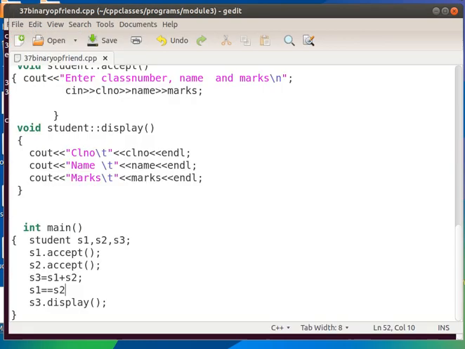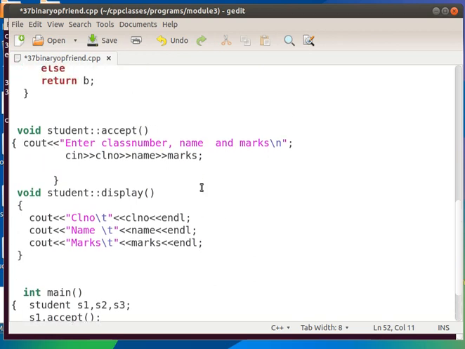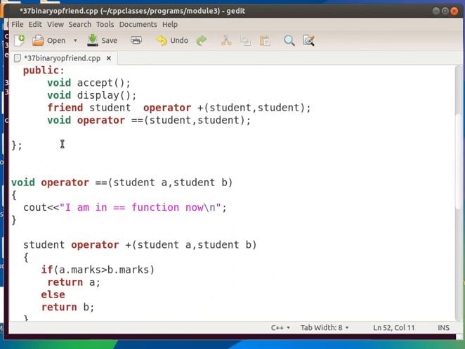So we need to correct the errors. First we will correct the semicolon error. Then it is saying that we are not using a friend function, we are using a member function. So I need to give only one argument.